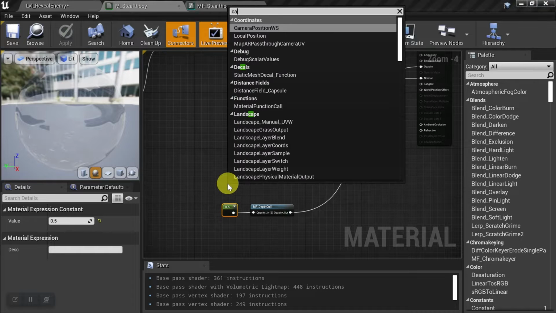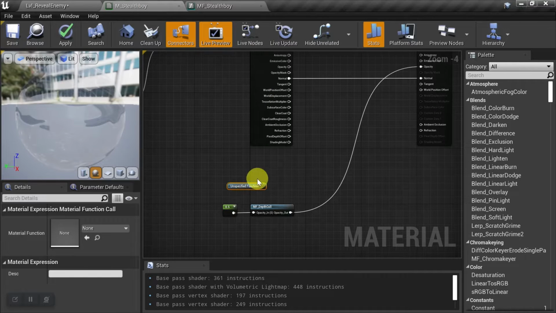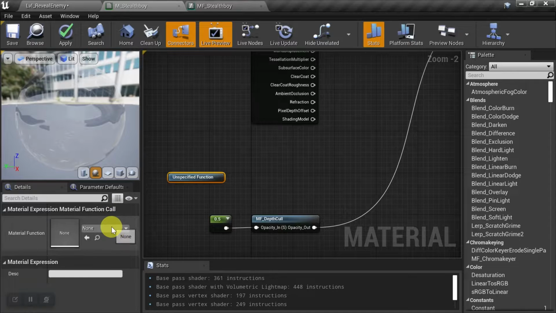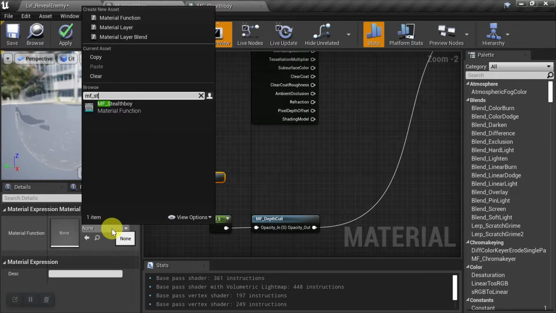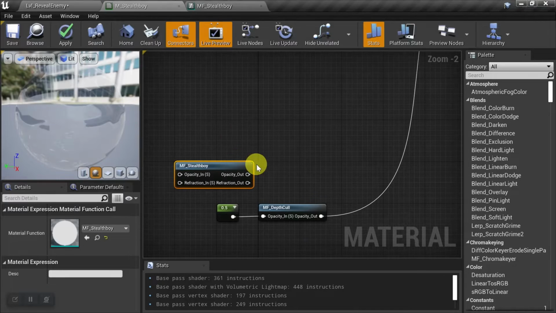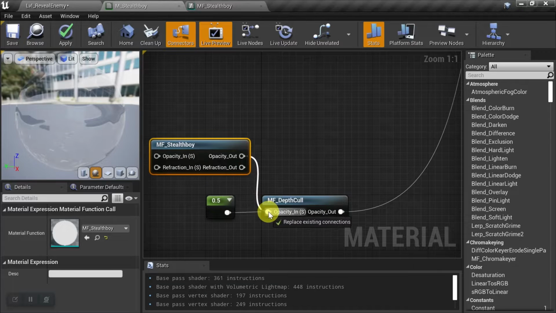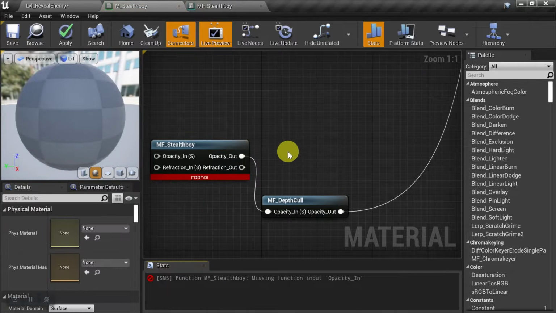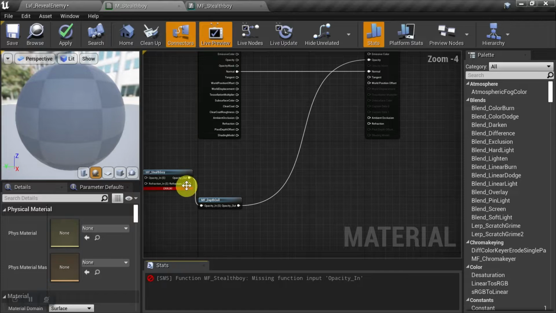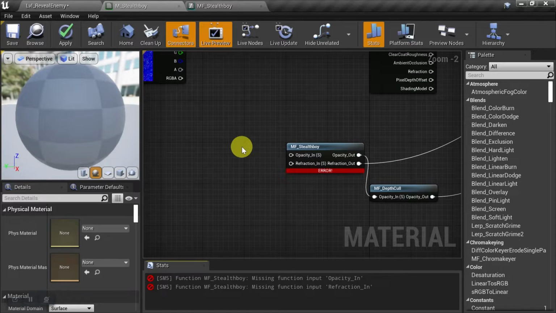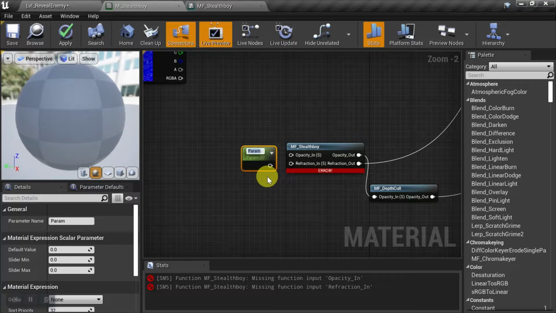Okay, let's hook up the function first, and then we'll talk about how it works. So it was called mf_stealthboy, and we'll do opacity to opacity, and we can get rid of this placeholder. And then we'll do refraction to refraction, and then we'll need a parameter, and we'll call this value. And we'll plug this into both,